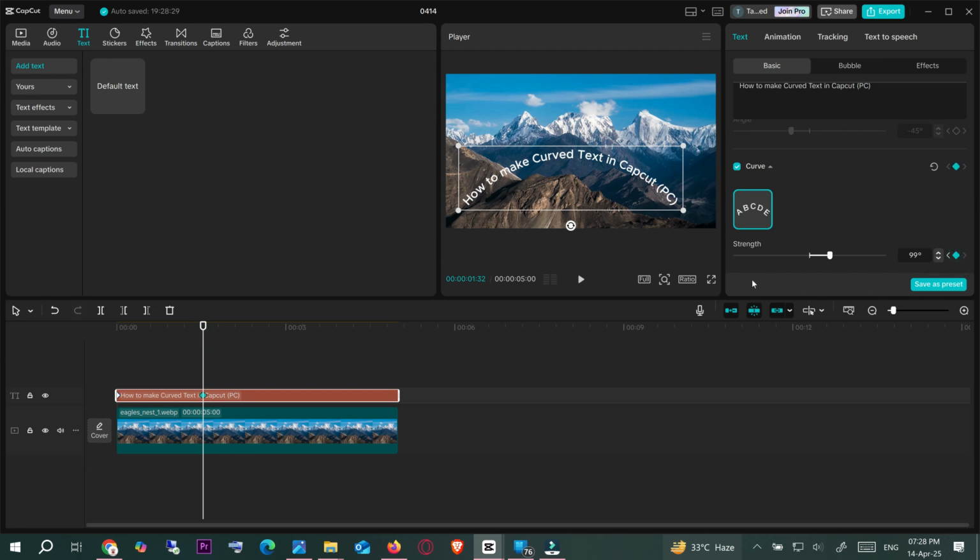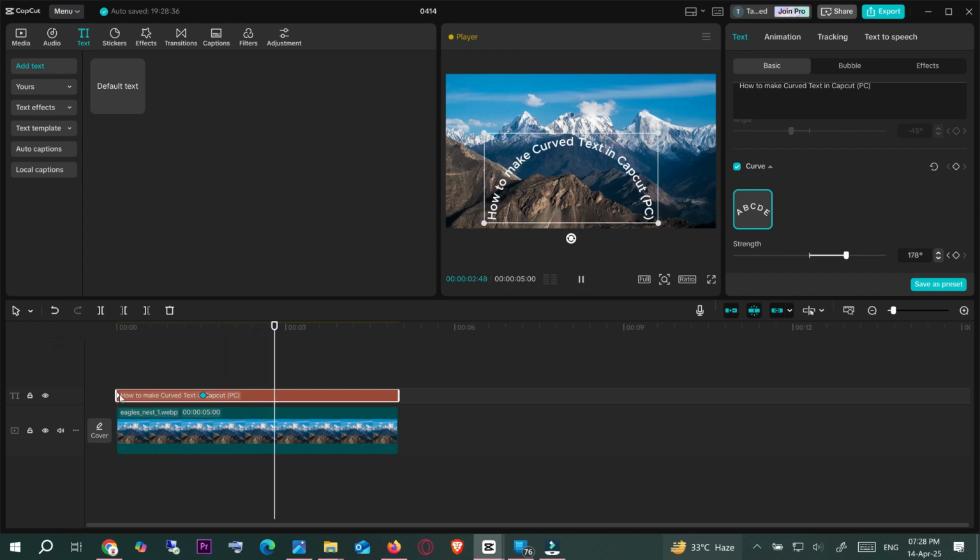You need to change the strength, and here you can see that the text is curving from this point to this point. And if you want to change it further, add a further keyframe,